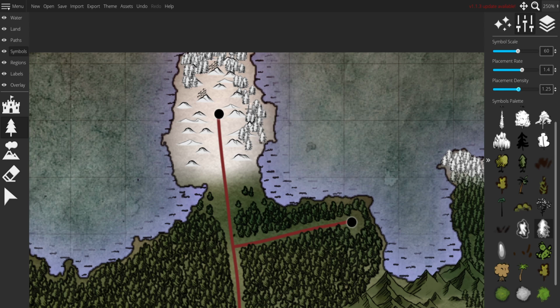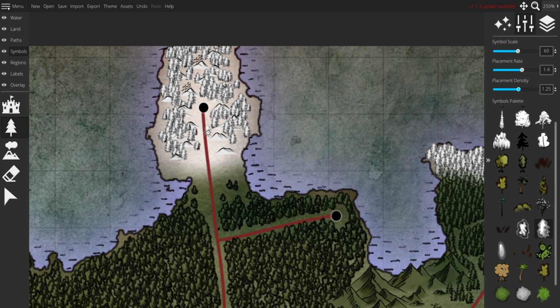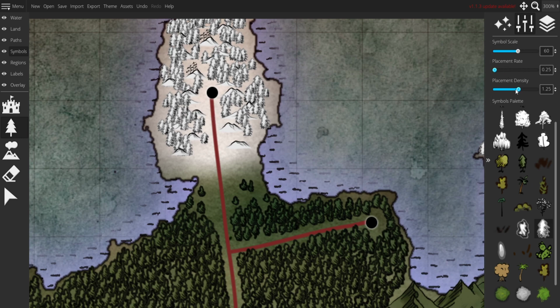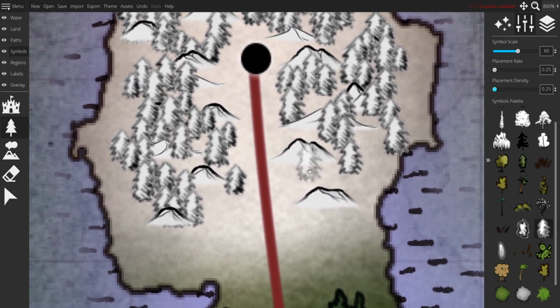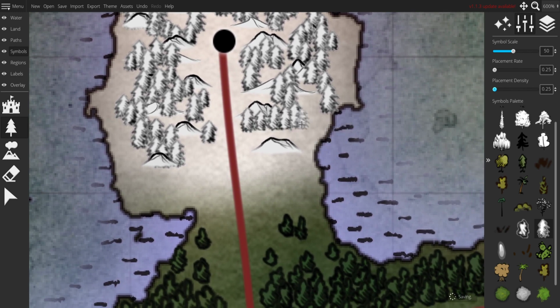I am gonna make the trees fit the style of the map a little bit more as we go down, just to kind of blend it. But first things first, let's just get the base shape of these trees in. There we go. Now we put the placement rate and the placement density all the way down. We zoom in. Maybe we scale down our tree just a little bit and we start adding...